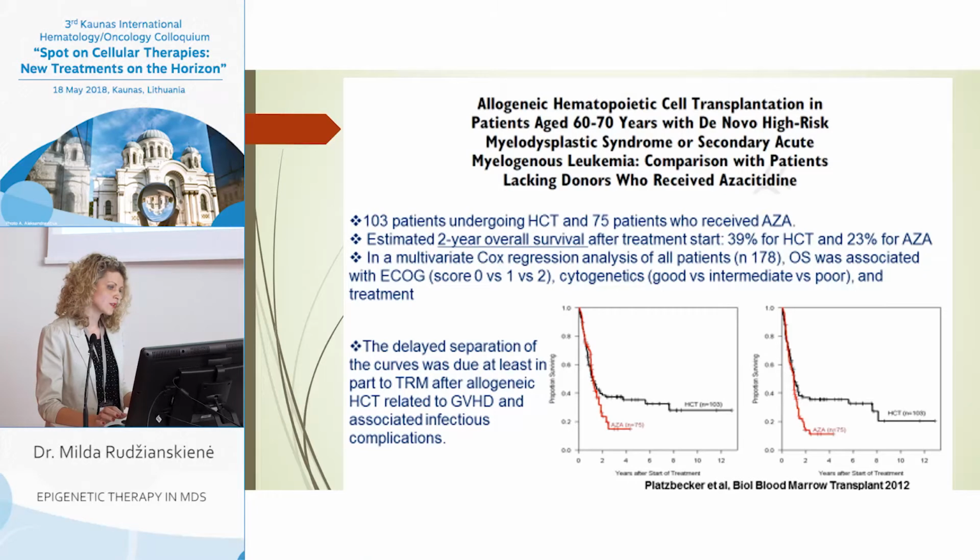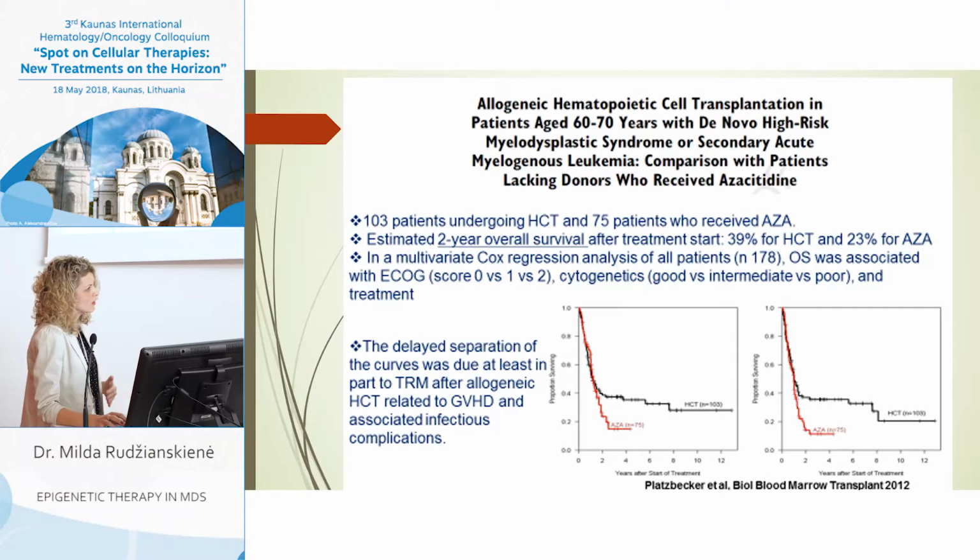And the answer is no, because the response lasts up to 15 months in the patients who are treated with azacitidine. And allogeneic stem cell transplantation is still the best option for these patients. So if the patient has a donor, is fit, and is quite young, we have to go to allogeneic